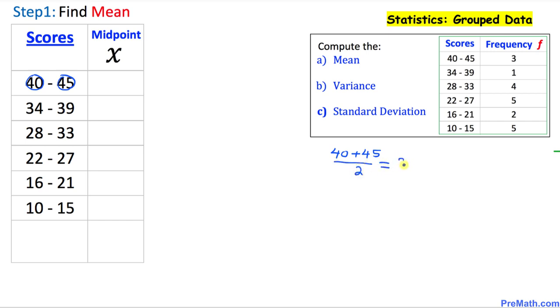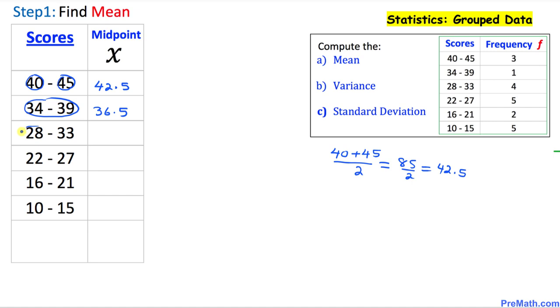That is going to give us 85 divided by 2 equals 42.5. Let's write it down, 42.5. To get the midpoint between these 2 points, let's add them up and divide by 2, and we are going to get